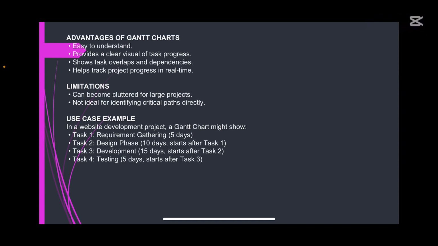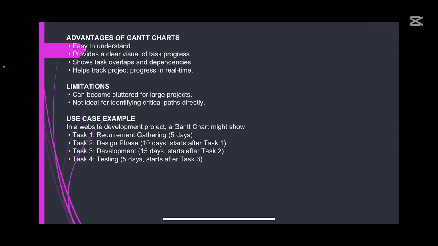Number 3, it shows task overlaps and dependency. It shows what tasks depend on what tasks. It shows that if the task for day 7 is not done, it will affect the task for day 8. If the task for day 8 is not done, it will reflect on the time it will take to complete the task which should be done in day 28. So it helps you link all the tasks together, showing that the task for day 8 would obstruct the one for day 30 if it is not done well.